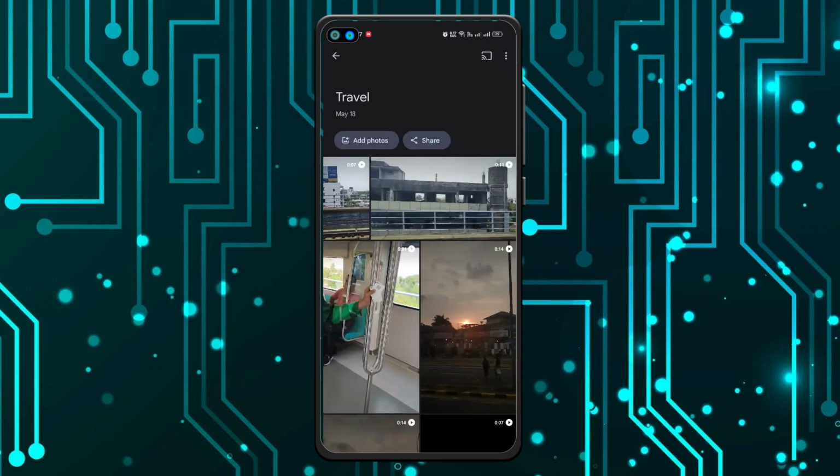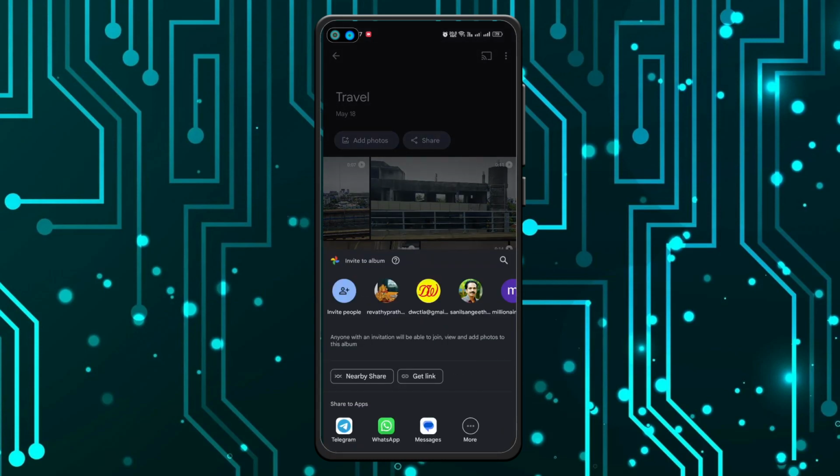And now you can see you have these two options, add photos and share. You have to click on share. And once you click on share, you can see these options. You can either share to local people by using Nearby Share or something like that, or you can share through